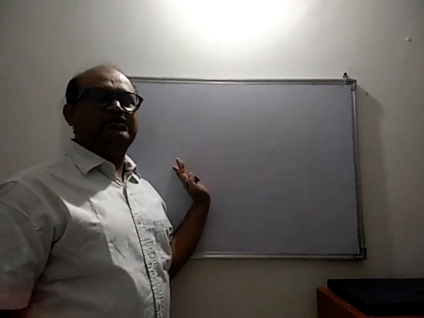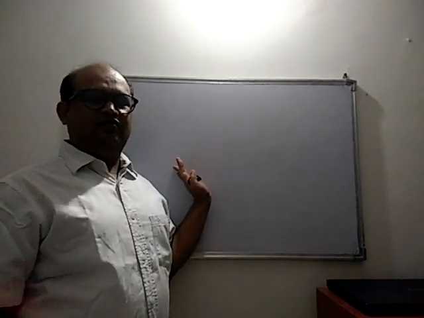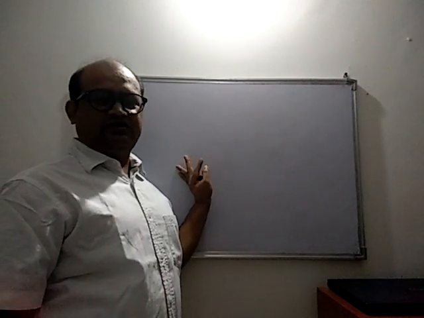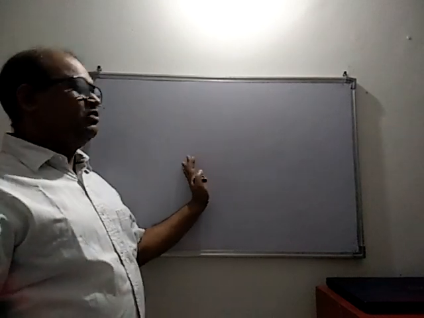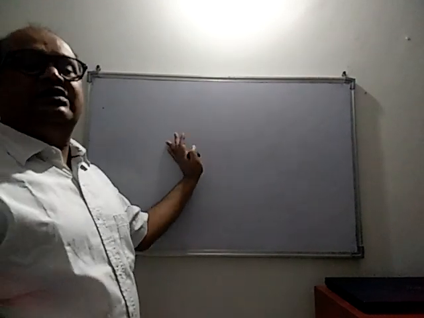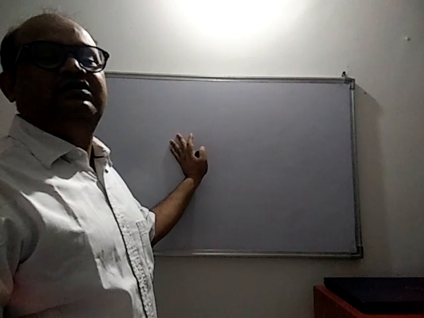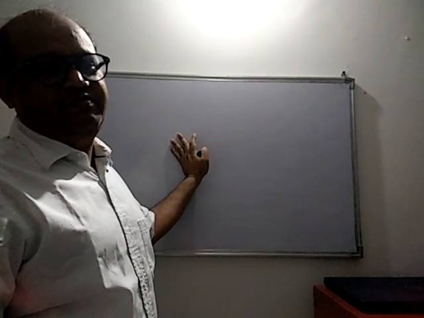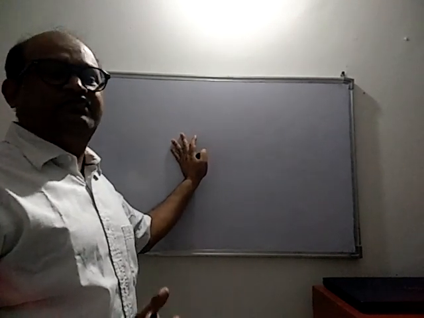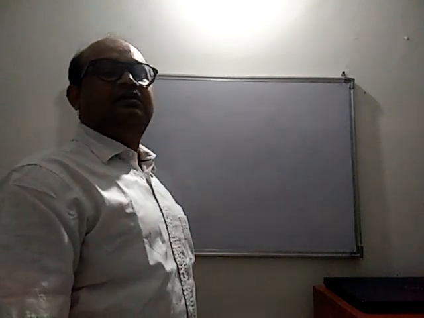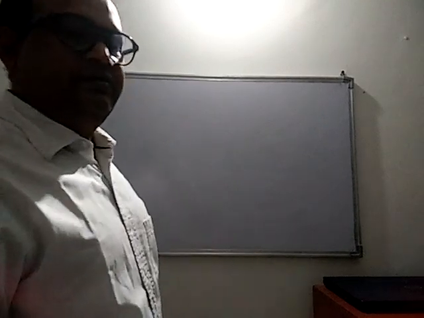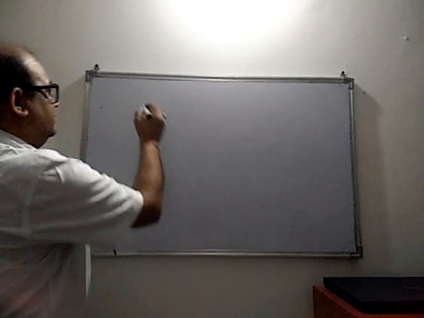Hello. Last class I had done sets: the introduction of set, the definition of set, and representation of set in different forms. What do I call a set? A set is a collection of well-defined objects of the same type, and the two ways to represent a set are set builder form and roster form. So today I will start different types of sets.